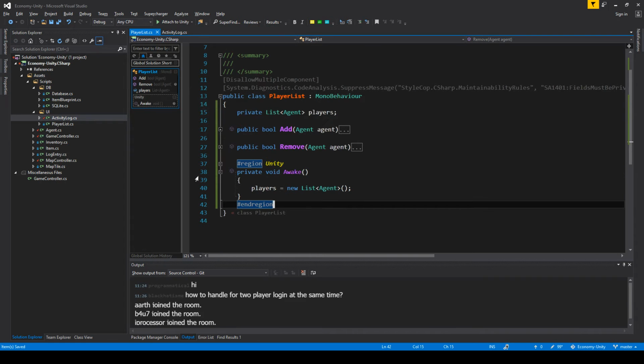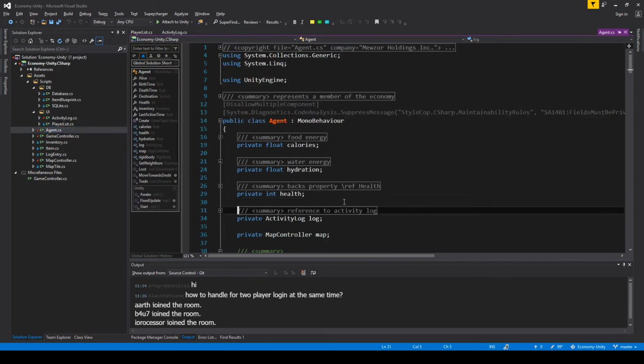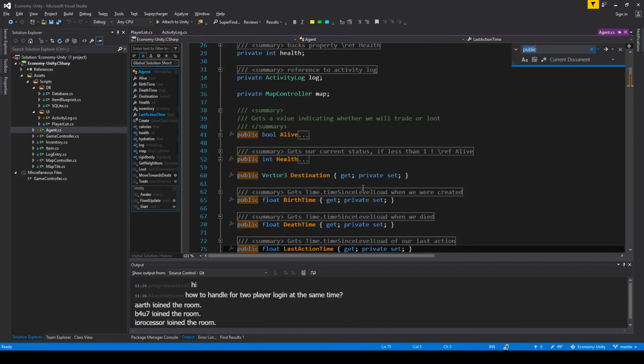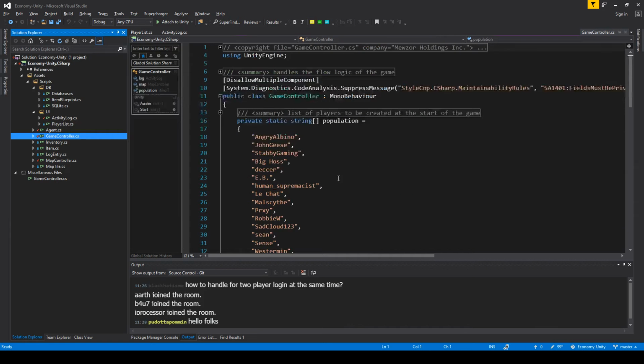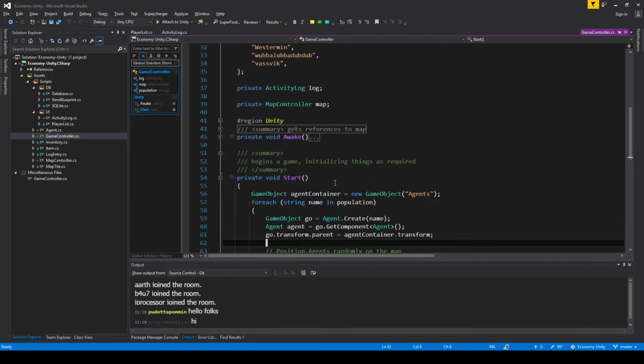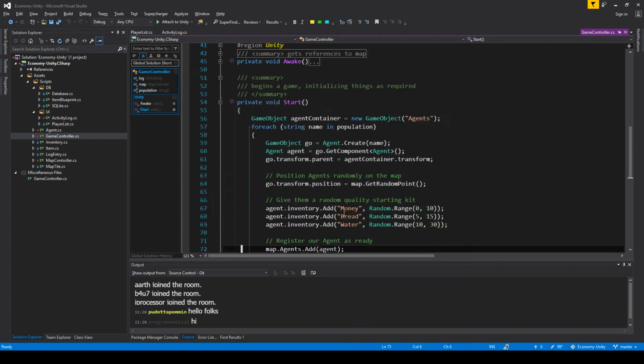So I think we're just going to go over to program. Where's program? Or is it agent? Which thing registers itself? Register. Nope, not here. So it's probably program. Wait, we have no program. What runs the game? Game manager. Game controller. There we go. I need to pick a naming scheme and stick with it. So